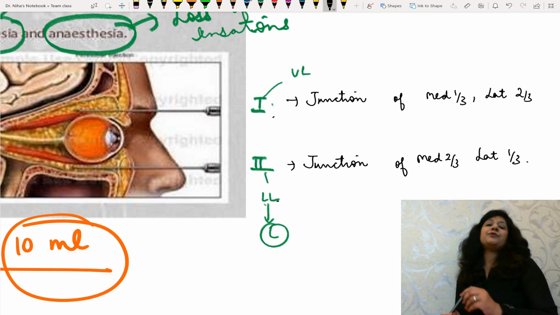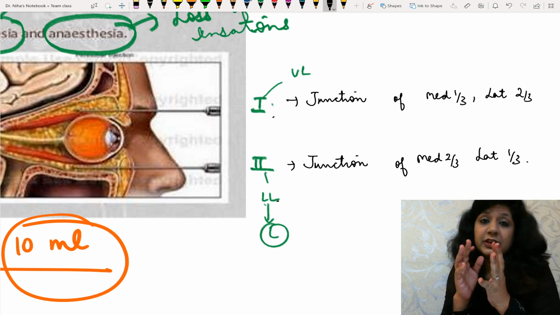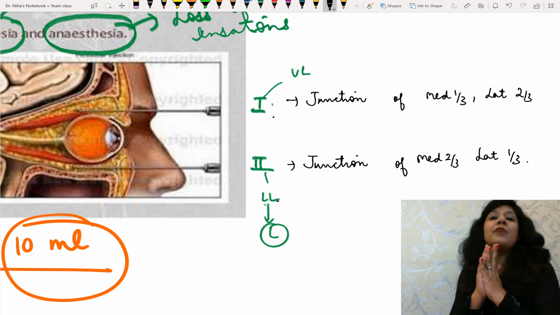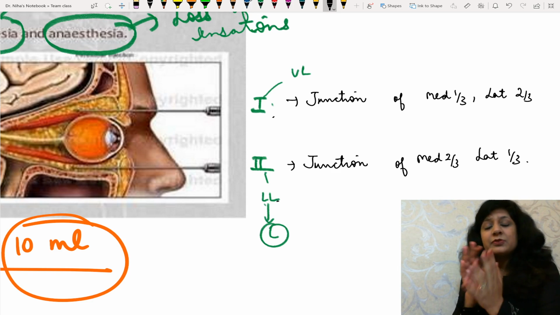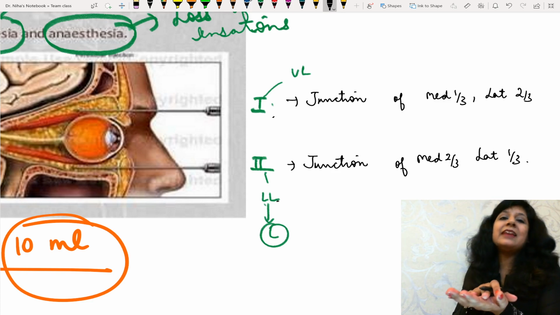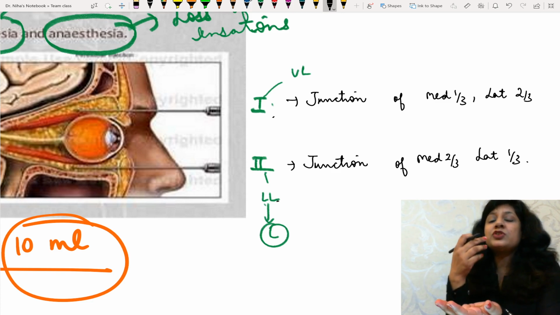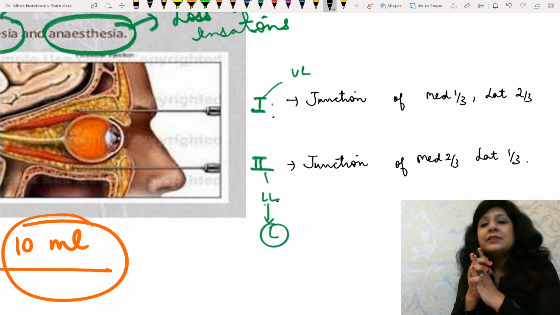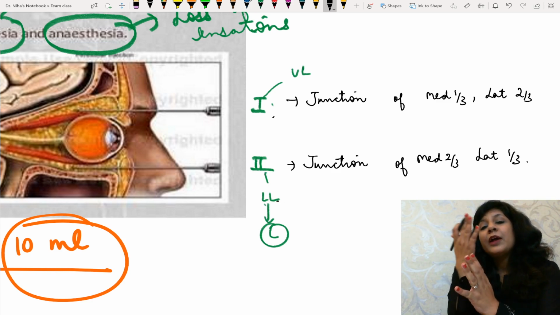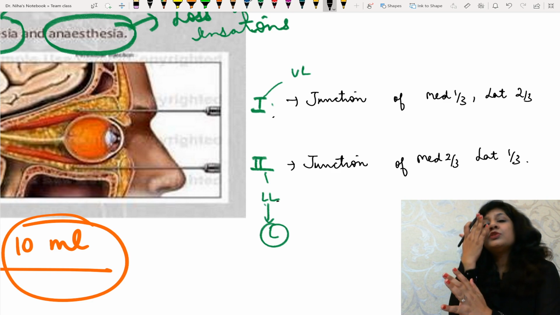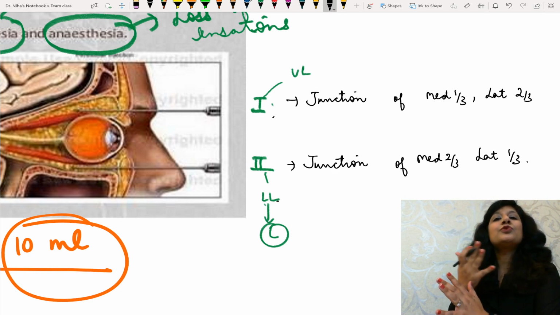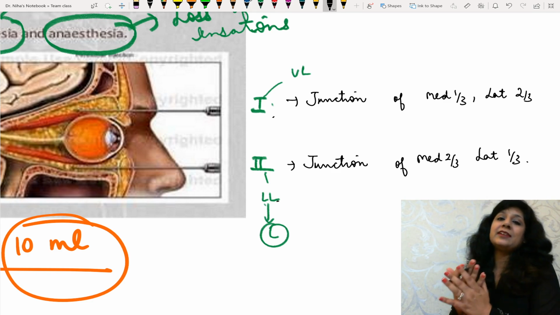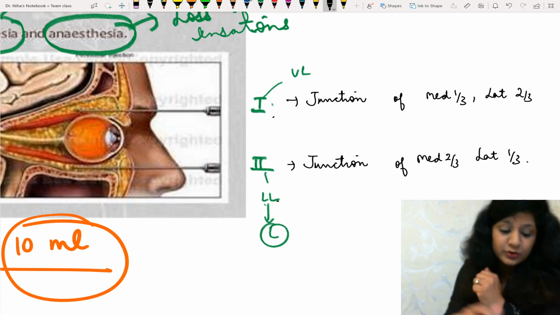And after the injection of this fair amount of anesthetic, sometimes we also use corneal anesthesia before these injections, because otherwise the patient will not let you inject this. So what we do, we have to apply a strong amount of pressure also, ocular massaging also, so that the effect of the anesthesia is full as well as good.